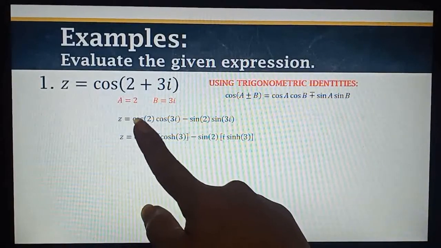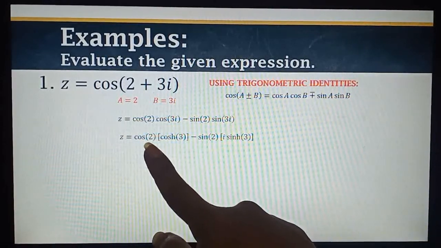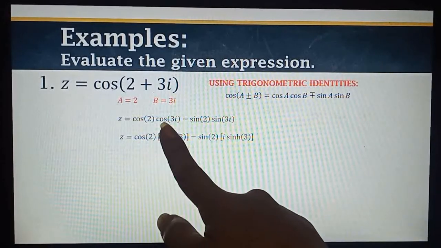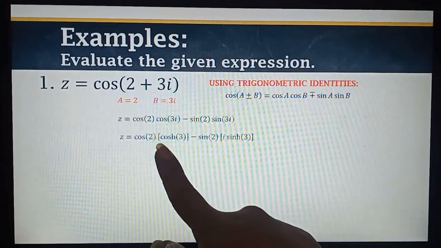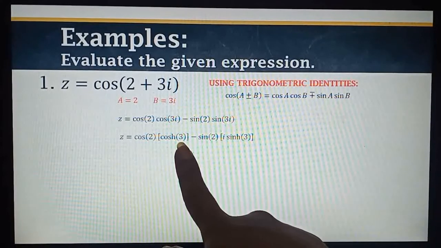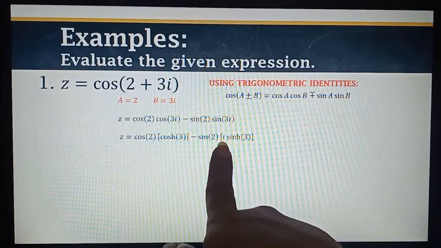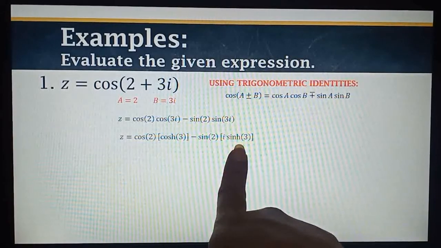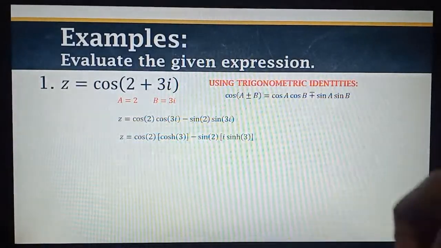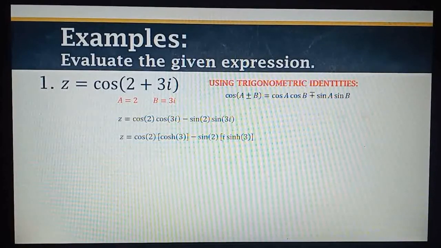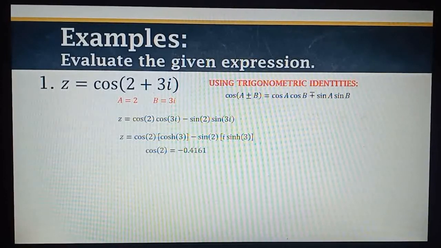You will now have cosine of 2 retained. Then the cosine of 3i is equivalent to hyperbolic cosine of 3. Then minus sine of 2. Then the sine of 3i is equivalent to i hyperbolic sine of 3. Then now we input these in the calculator, wherein cosine 2 is equivalent to negative